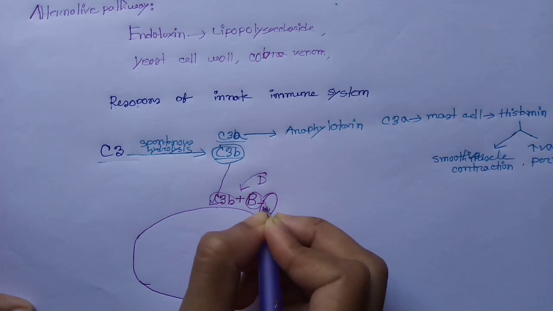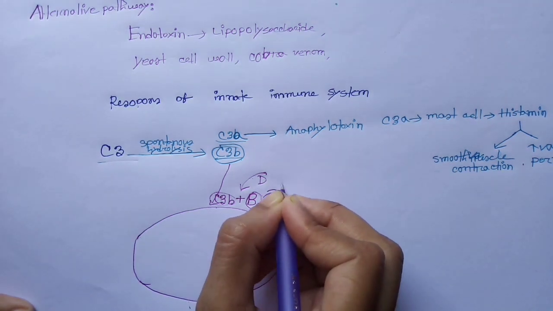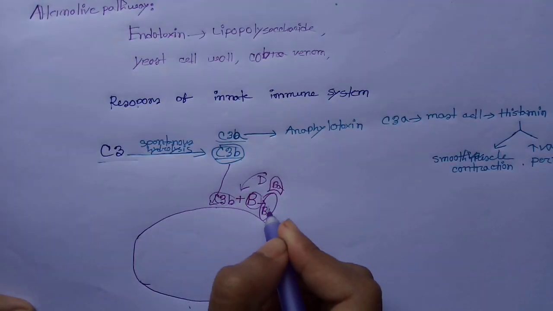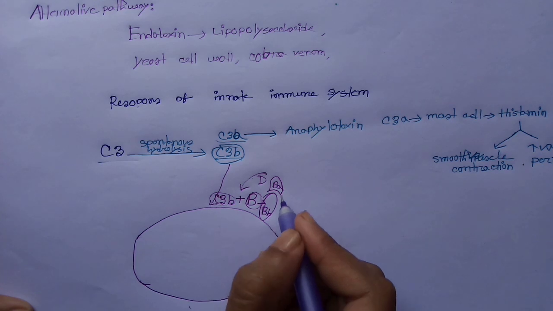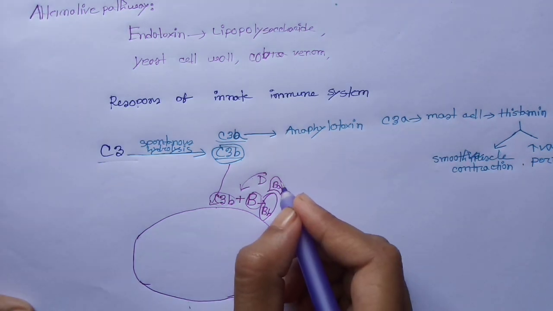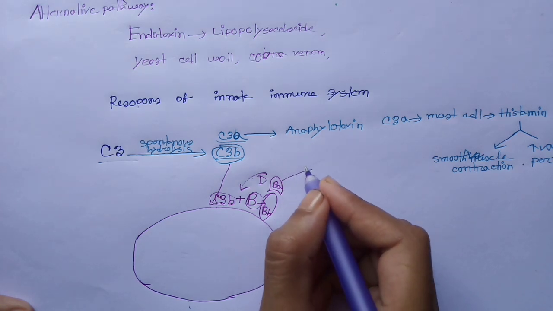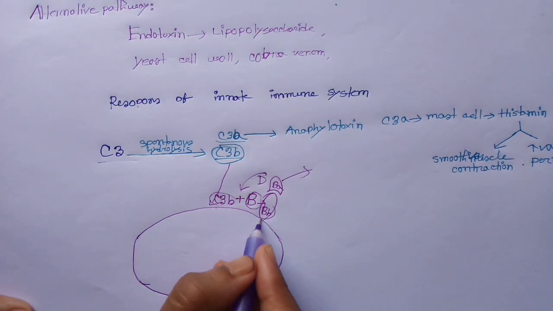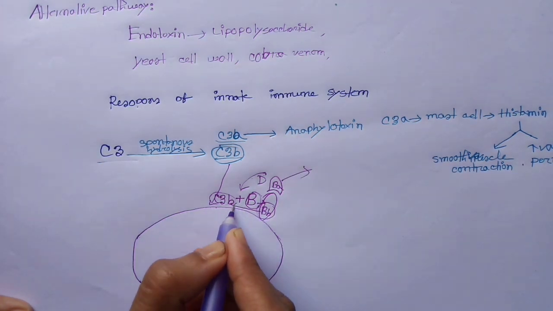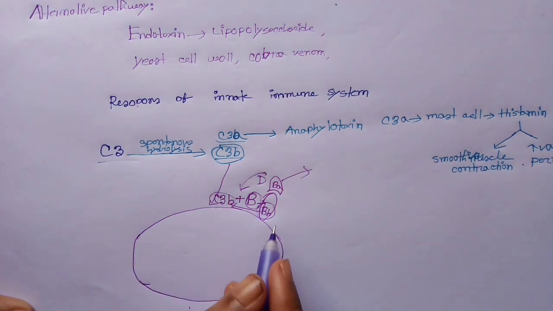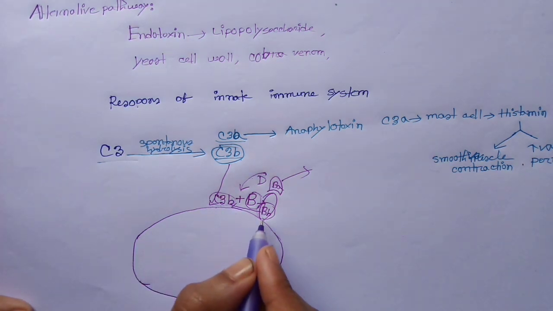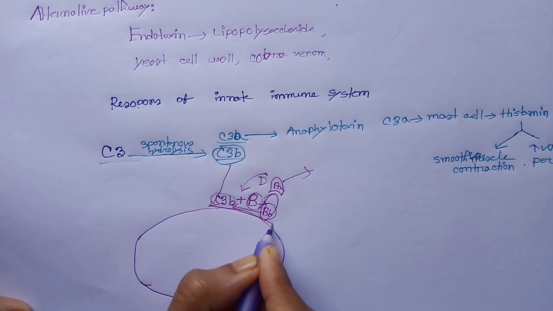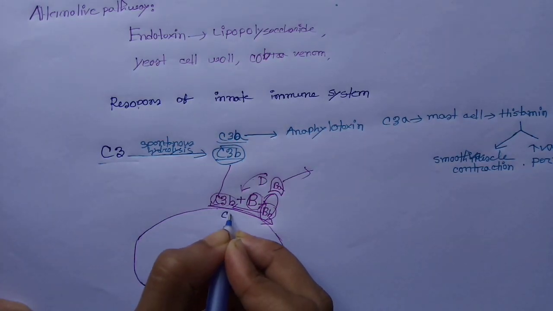Now it becomes Bb and Ba. Bb is the larger fragment and Ba is the smaller fragment. Ba goes away from here and Bb binds to the C3b. Now C3b and Bb act as a C3 convertase,